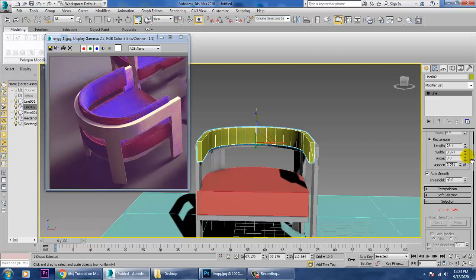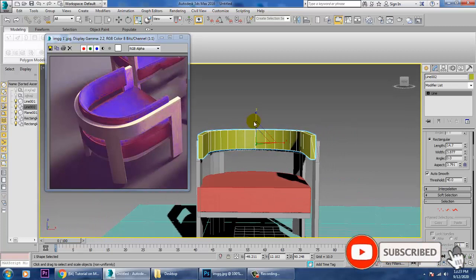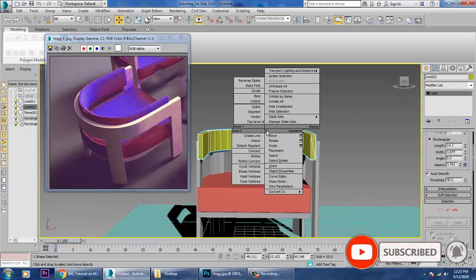Now I can just scale it a bit up over here. Convert to editable poly.